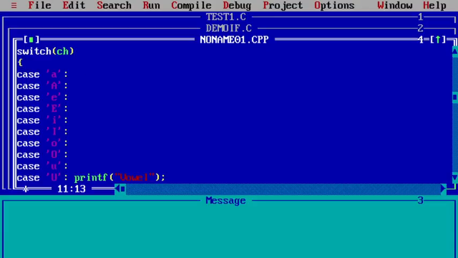Cases have been matched, right? But still it is not matching with ch.